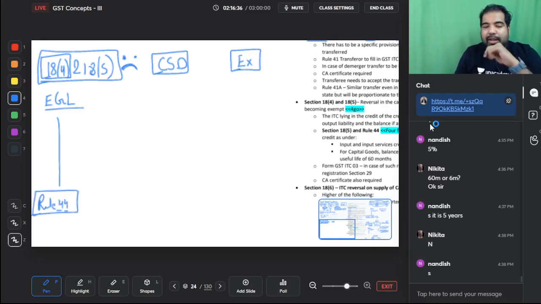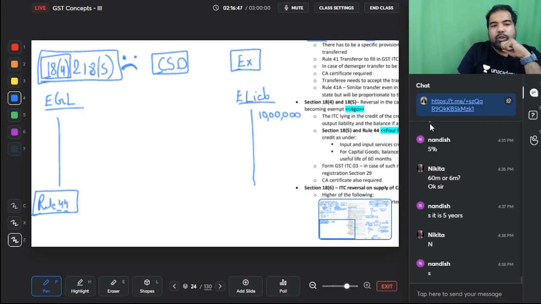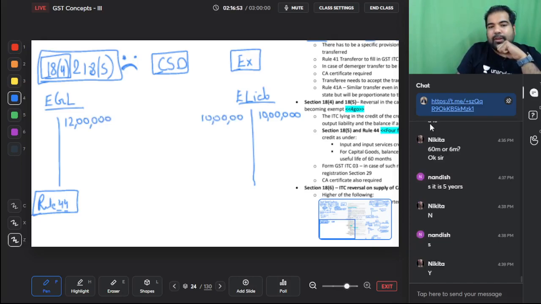So how do you forego? I'll tell you. First, what is the liability for this month? Let's say for the month of February, you are supposed to pay 10 lakh GST. You have in your Paytm account 12 lakhs. So will you use that money? Yes, you'll use 10 lakhs to pay your liability. We'll see more in the payment chapter, but this is what you'll pay. So how much remains? 2 lakh remains.